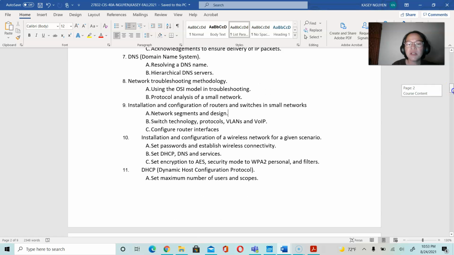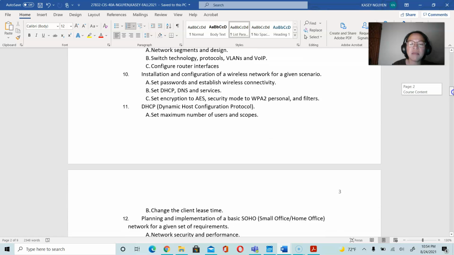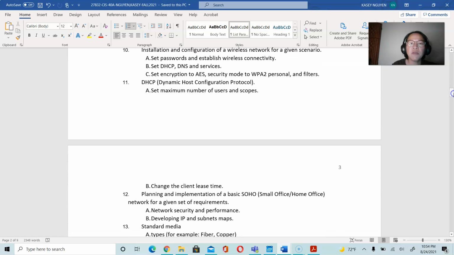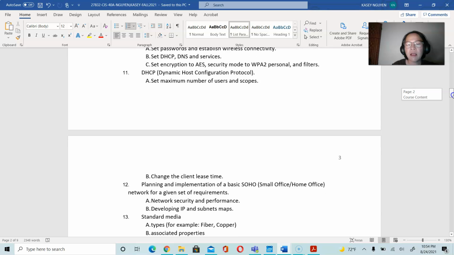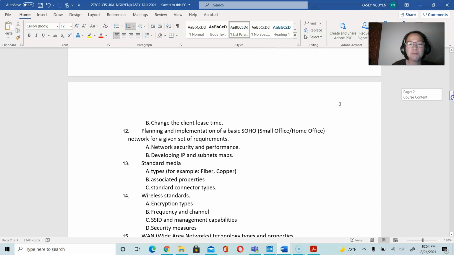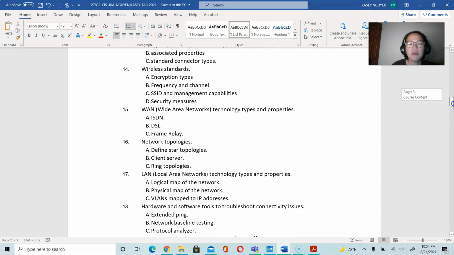We also touch on DHCP, which is Dynamic Host Protocol. This is going to be a server role that we can use to assign IP addresses. We'll get into wireless and how to work with encryption on different type of wireless router. Then we will get into wide area network, discussing ISDN, DSL, frame relay, some of the older technology along with